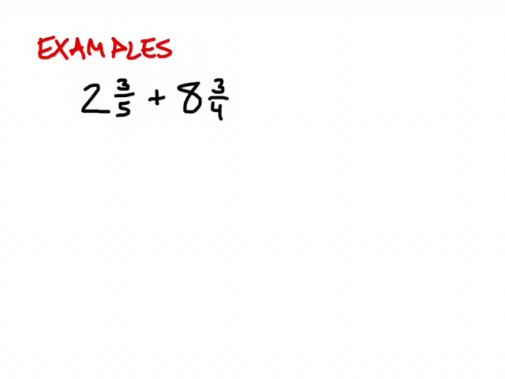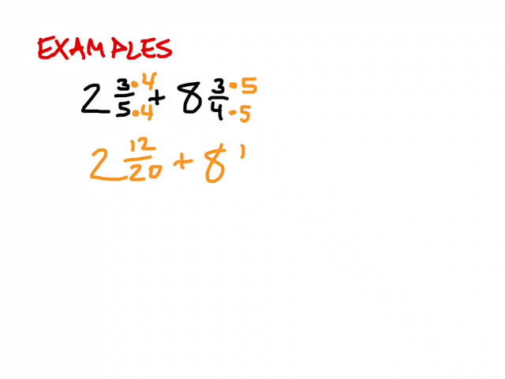So 2 3/5 plus 8 3/4. The very first thing I'm thinking is a common denominator. 5 and 4 don't have anything in common, so I actually just have to multiply them by each other. So I'll be multiplying my 3/5 by 4s and my 3/4 by 5s. And if I rewrite it, that is going to be 2 and 12/20 plus 8 and 15/20. Put that together. 2 plus 8 is 10. And 12/20 plus 15/20 is